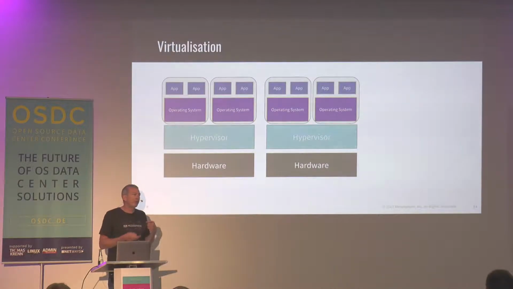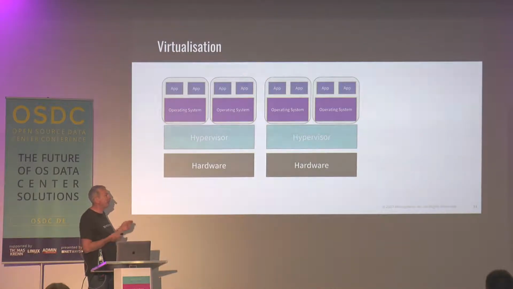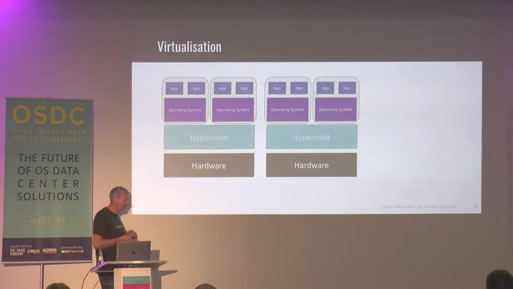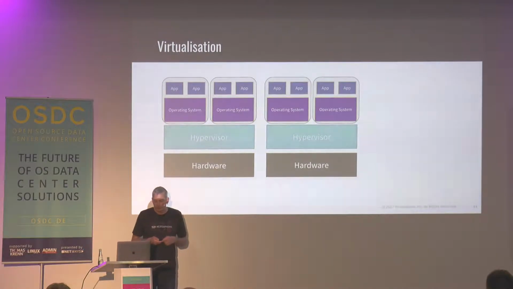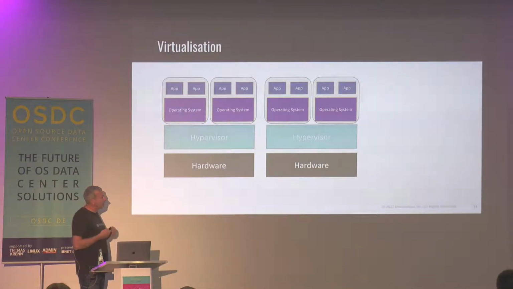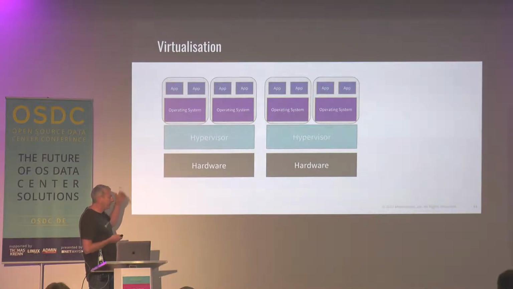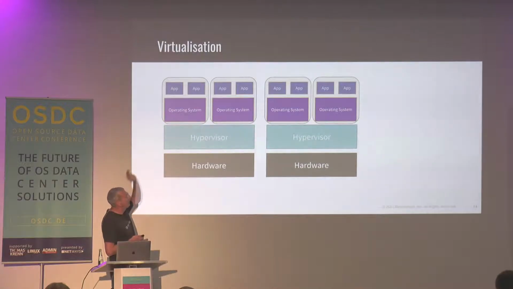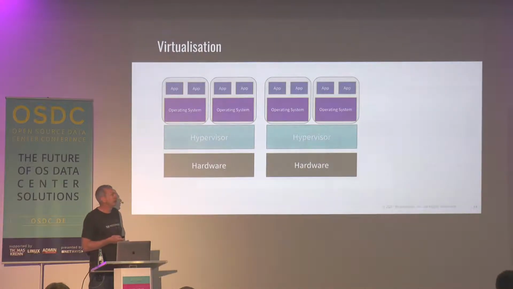And around the same time, we start to see the big wave of virtualization. Virtualization is not really that new a technology. In some ways, you could say it's been around since the mainframe era. But around that time, we have a very big growth in virtualization, and we're all familiar with what it looks like. We have a hardware platform, we have a hypervisor, and then we have a bunch of virtual machines running on that hypervisor.